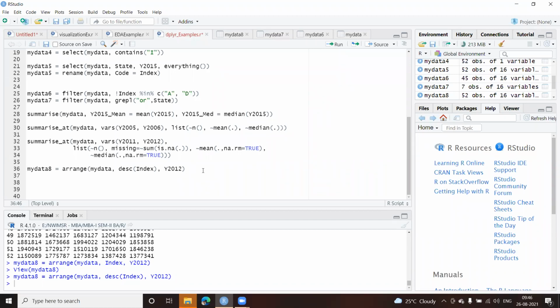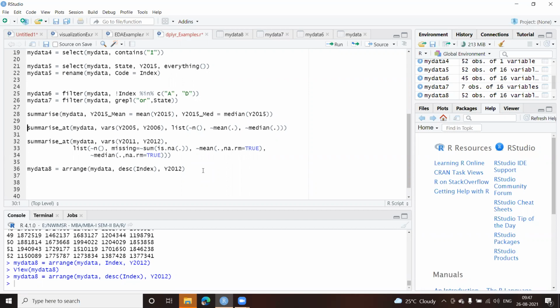Now, the pipe operator you have already used. It's not part of this, and I need not show you again, but just to give you an example, take an example of this. First of all, the pipe operator is part of some other package.